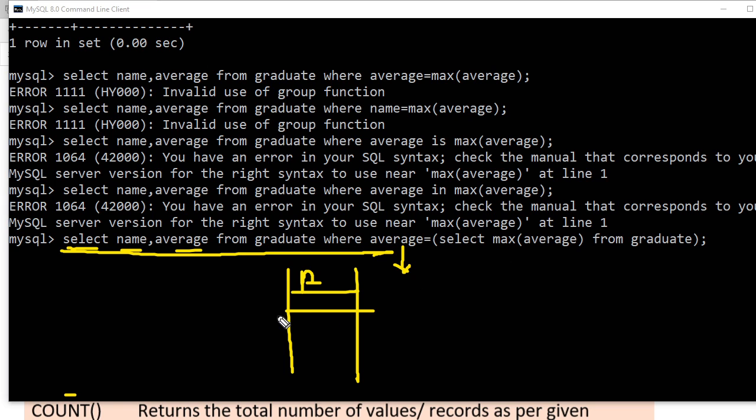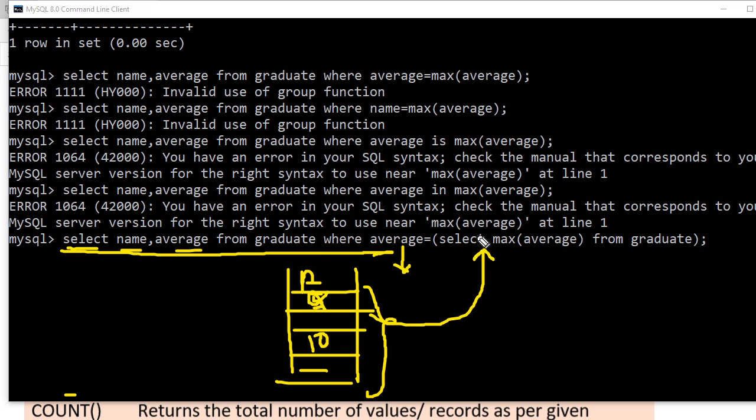And this average function will calculate all the tuples one by one, and it will find out which one is the maximum from this one, and that value will come here. Suppose the maximum value is 5 here, so 5 will go. Now after a certain update, the maximum value changed to 10, then this 5 will no longer come into play for this query. So again 10 will go here.